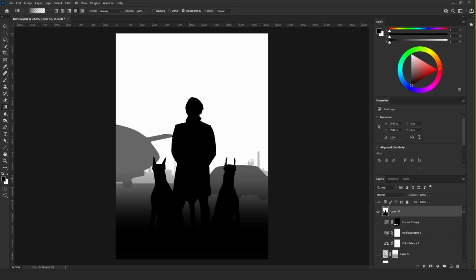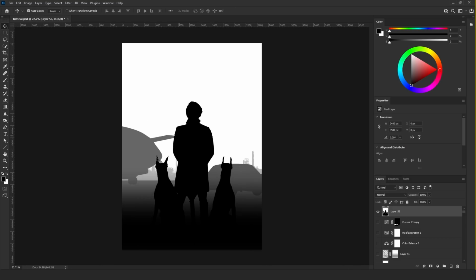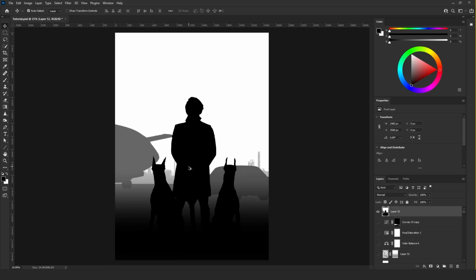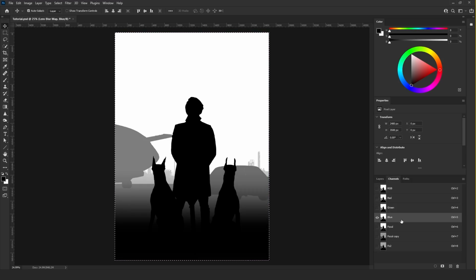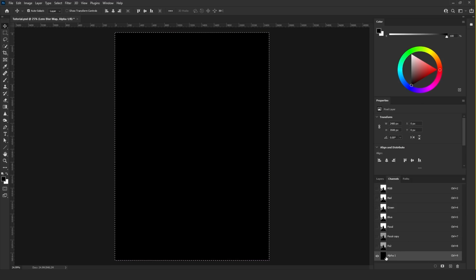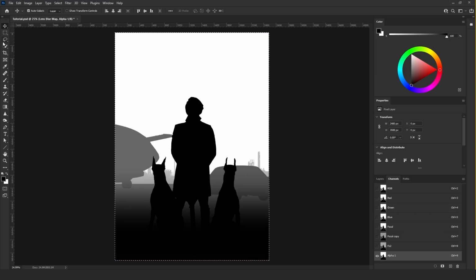And what you are going to do now, after you finish giving the values for your objects, click Ctrl A, and that will select the canvas. And while you are clicking on this one, let's name it the lens blur map maybe, and then click Ctrl C, that's to copy, and then go to channels, make a new channel, and make sure you are clicking on it, and click Ctrl V while the selection is on,